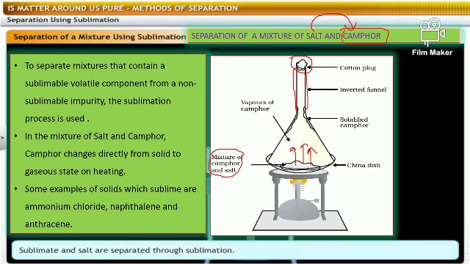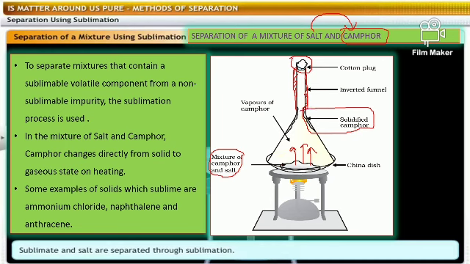When they come in contact with this tube at the end of this funnel, which is surrounded by wet cotton, by cooling, here we will get solidified camphor or solidified ammonium chloride.